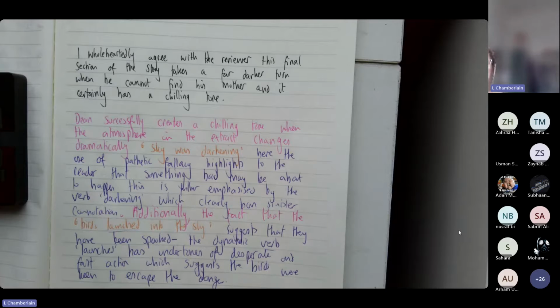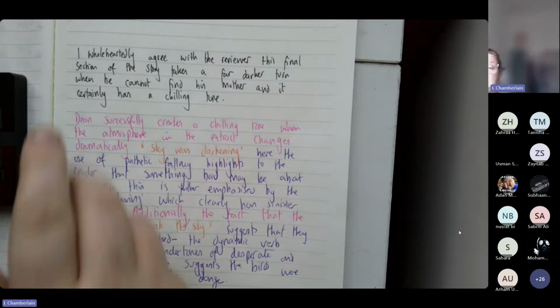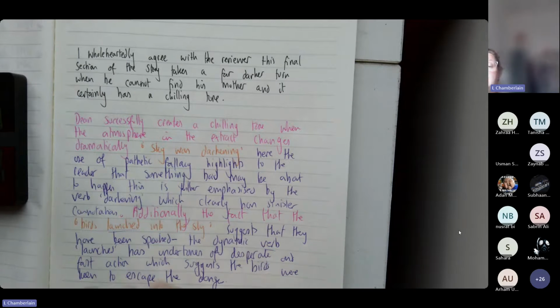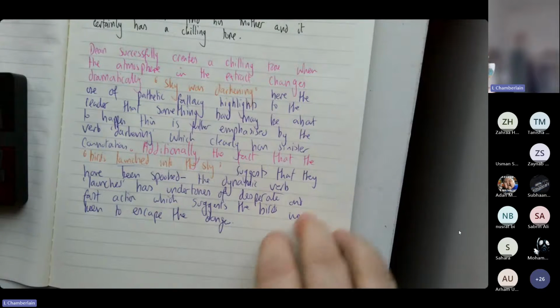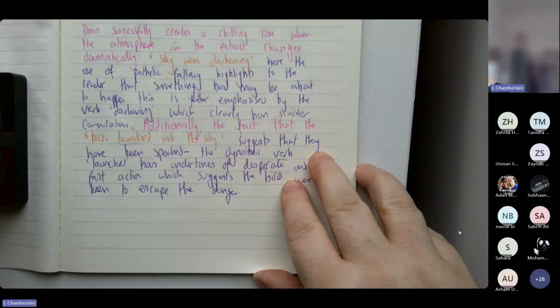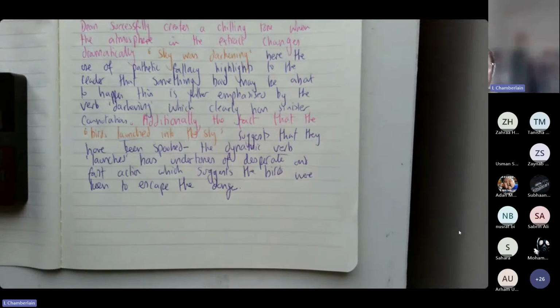Dean successfully creates a chilling tone when the atmosphere in the extract changes dramatically. "Sky was darkening." Here, the use of pathetic fallacy highlights to the reader that something bad may be about to happen. This is further emphasised by the verb darkening, which clearly has sinister connotations. Additionally, the fact that the birds launched into the sky suggests that they've been spooked. The dynamic verb launched has undertones of desperate and fast action, which suggests the birds were keen to escape the